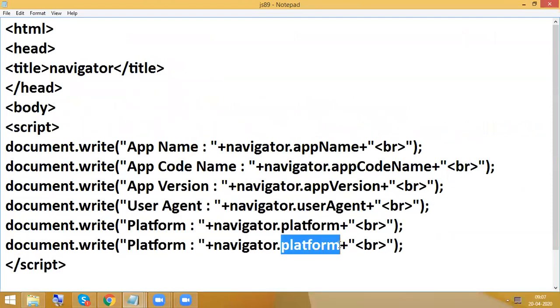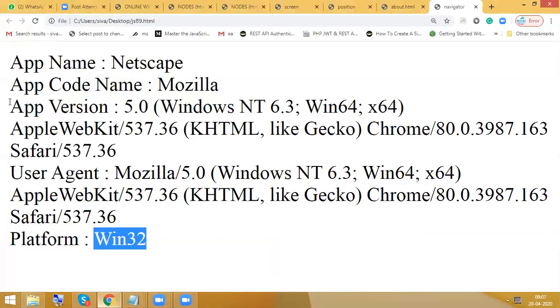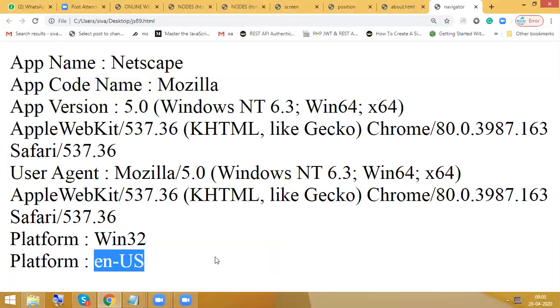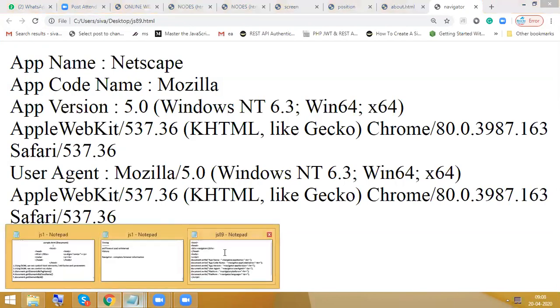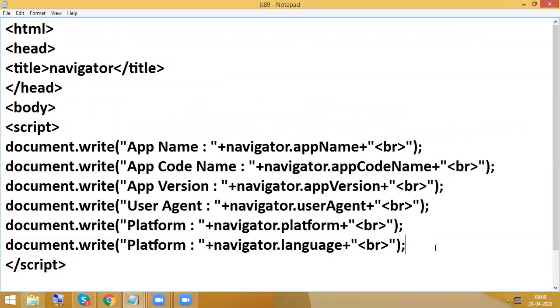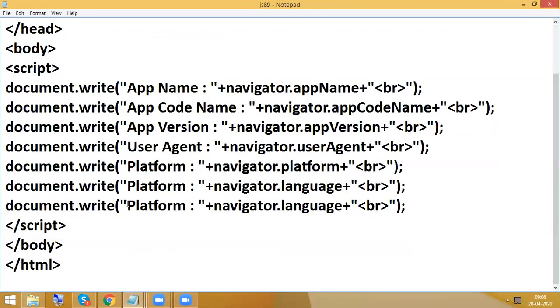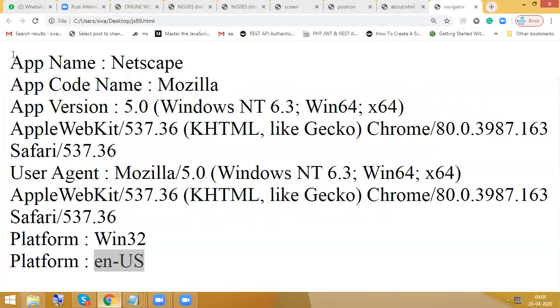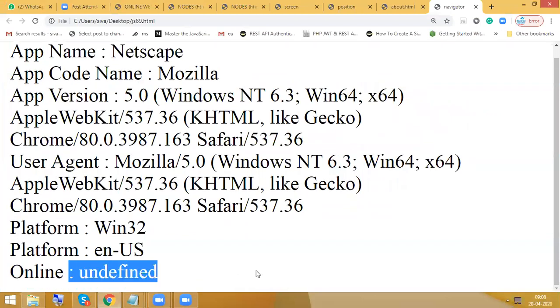So navigator dot language. Language is en, English. Right now we don't know what we are getting here, but right now it is saying undefined.